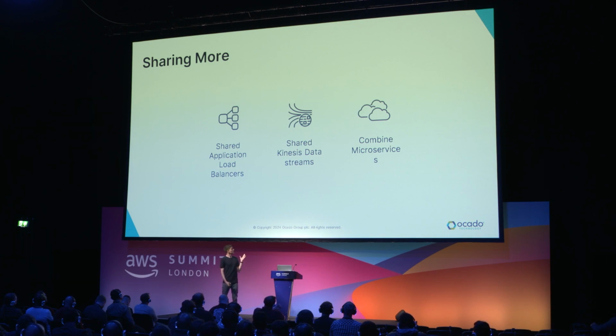And then the final thing is combining microservices. We have a microservices model, and any of you who've used it will know that it's quite difficult to get things right in terms of assigning responsibilities to services, but not going too fine-grained. Sometimes you can get that wrong. It's not always easy to get it right. And even if you get it right, it may not continue to be right because things change in your systems, right?